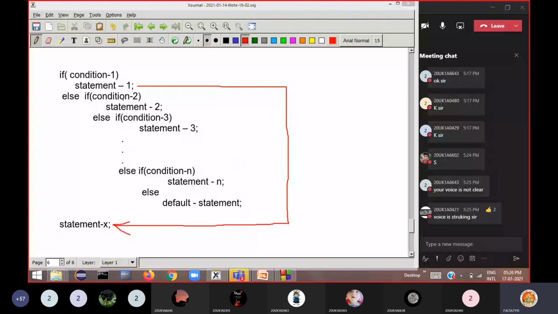If condition 1 is false, then only it comes to this else part. In this else, the next statement is again an if condition. Condition 2 is tested. If this is true, then statement 2 will be executed. Then after executing,